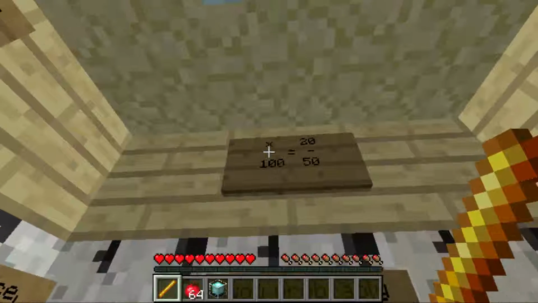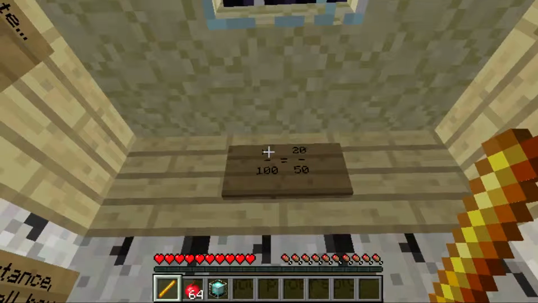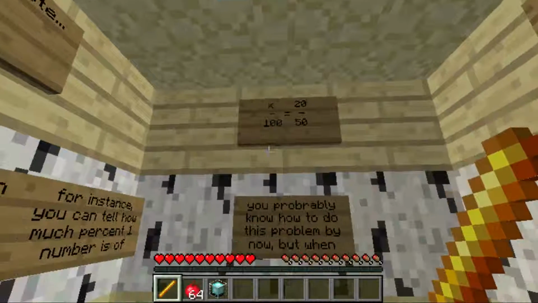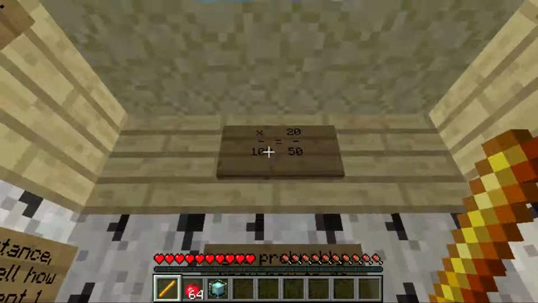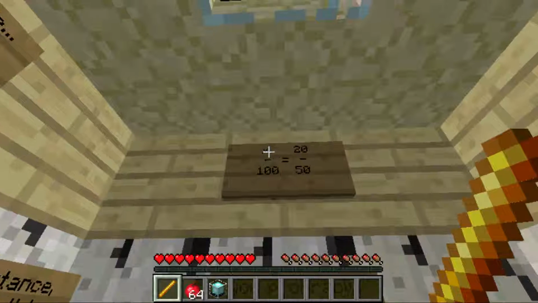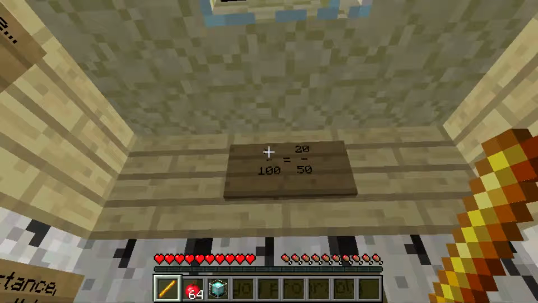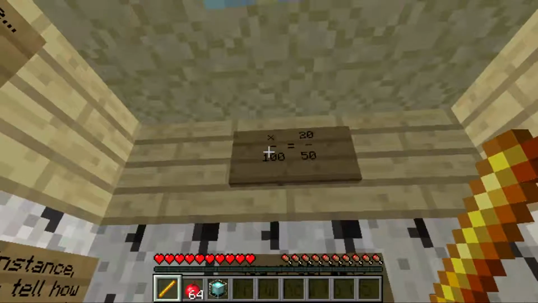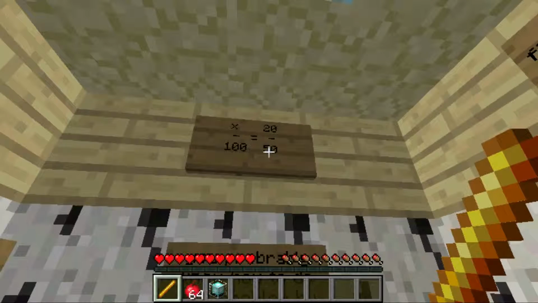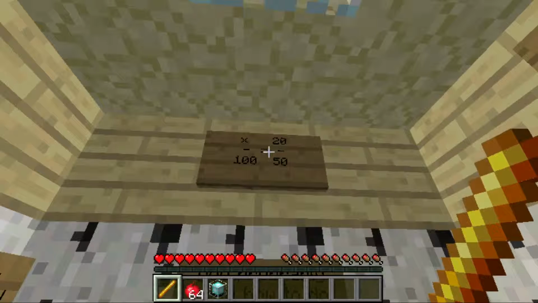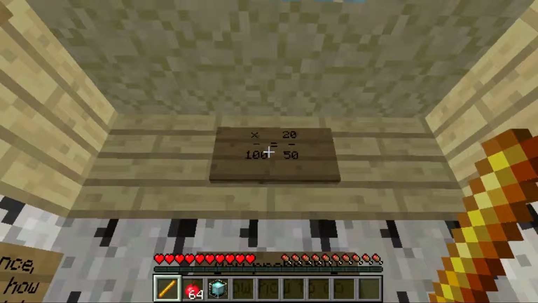And so you're trying to find out this number, which will be the percent. If you look at it in fraction form, these two fractions will be equivalent if we do this correctly. And so it's very similar to